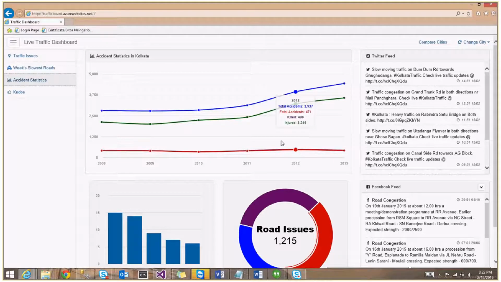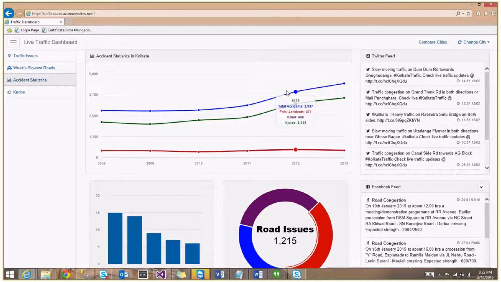We can view the individual number by hovering the mouse pointer over the line chart. Let's say if I hover my mouse pointer to 2012, I can see that there were 3937 total accidents, out of which 471 were fatal accidents, in which around 498 people were killed and 3216 people were injured.